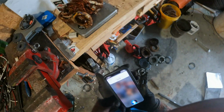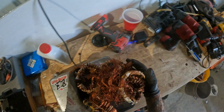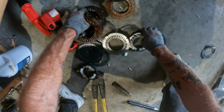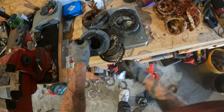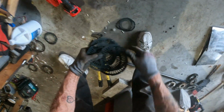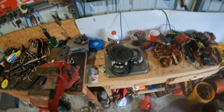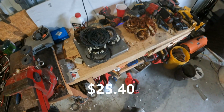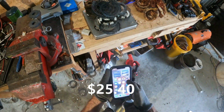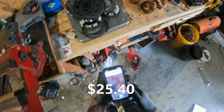But look, we still have heavy steel. So let's get this off the scale. $23.80. And go ahead and put the heavy steel on there, which is going to be, for me, 10 cents a pound for prepared steel. I'm even gonna let these guys go because they didn't stay together. Most of the time they do, and they will be prepared. This is good grade steel. Let's do it. 15.9 pounds. Let's just even numbers, say that's 16 pounds at 10 cents a pound. That's $1.60. So on top of the $1.60, you have $23.80. So now you've increased your $6.90 to